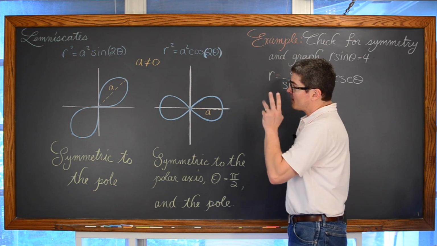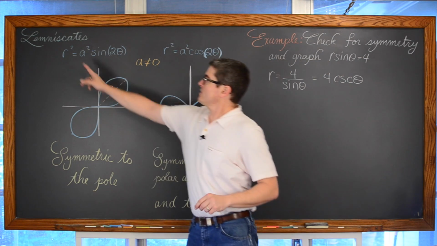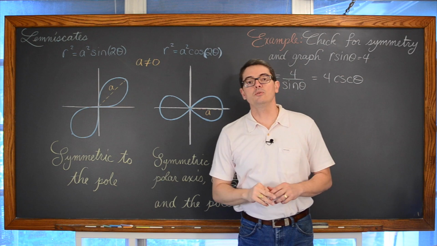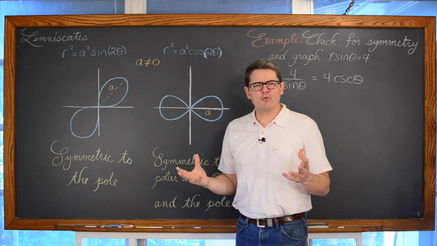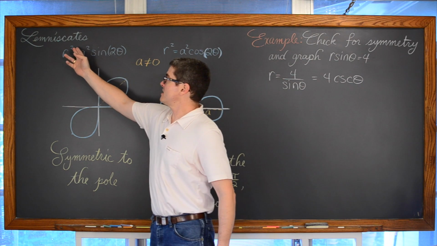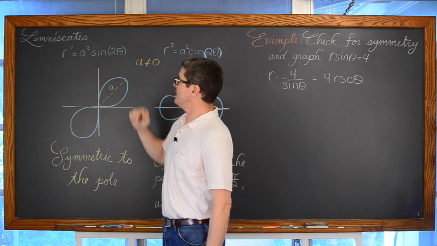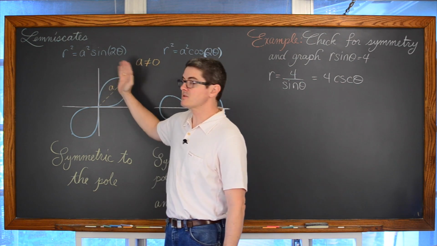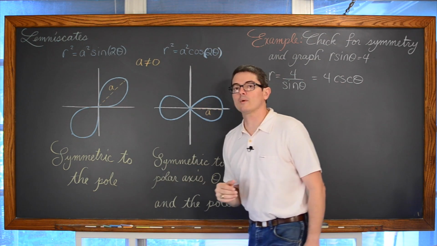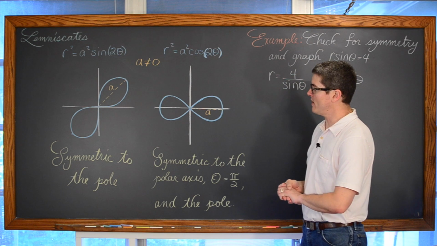Okay, now in these forms, these are the only general forms that we have set equal to r squared. So they're going to be pretty easy to recognize, and if it's not set equal to r squared, then, well, I guess you could write it as r plus or minus, and then have a square root over the whole right-hand side of the equation.